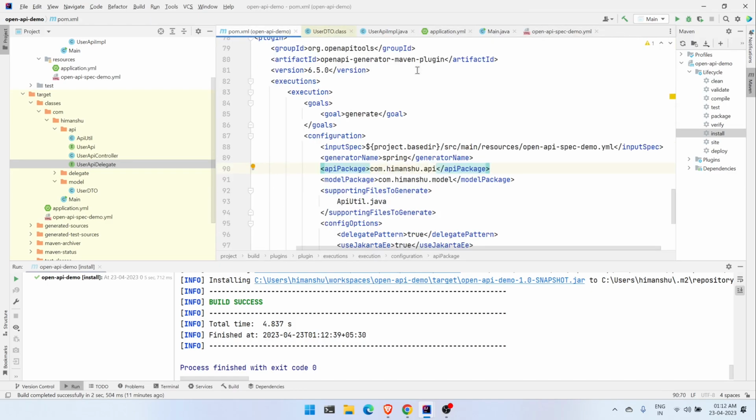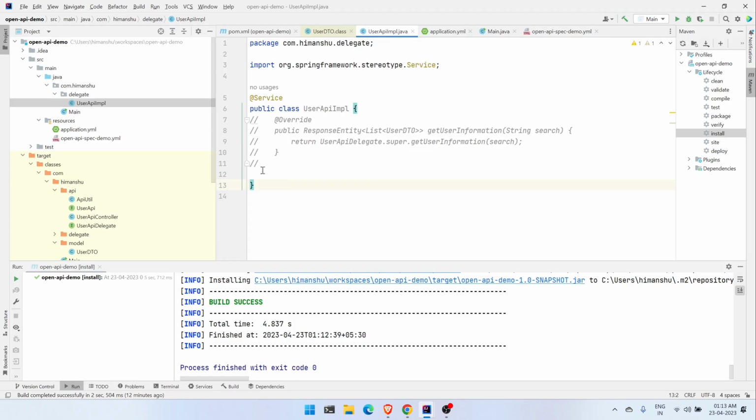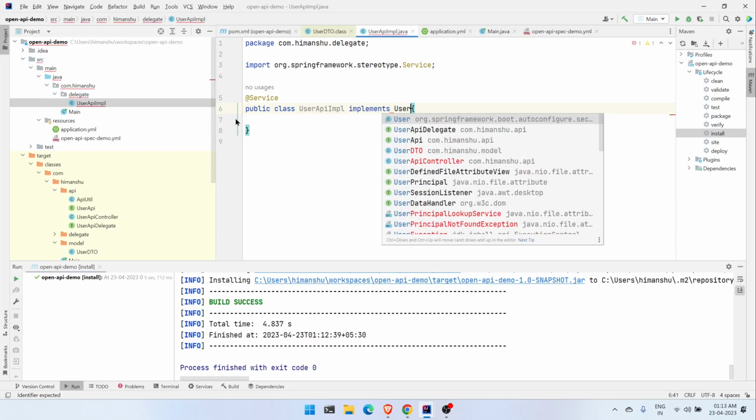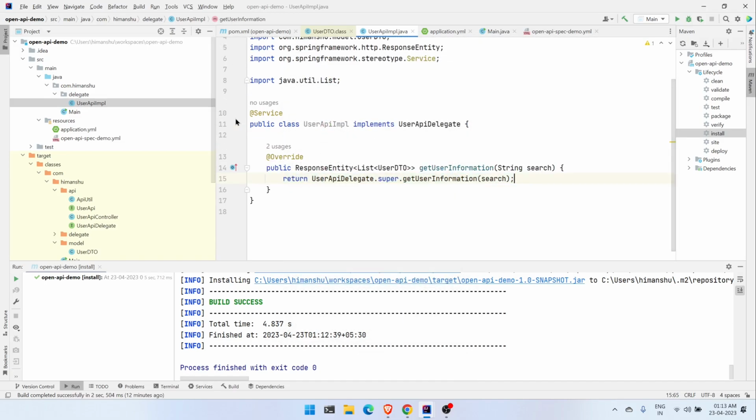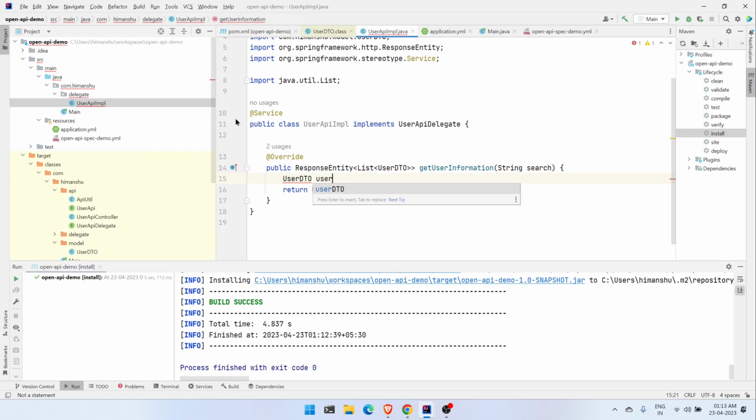Let's quickly implement something for our API over here. So let's do one thing. Let's implement user API delegate. Okay, and then what we can do is we can say generate this one, and what we are going to do is we will create two DTO objects. We say user DTO one, new user